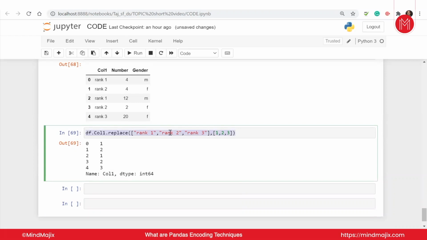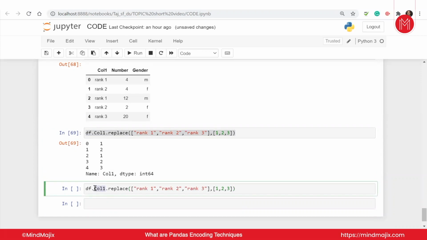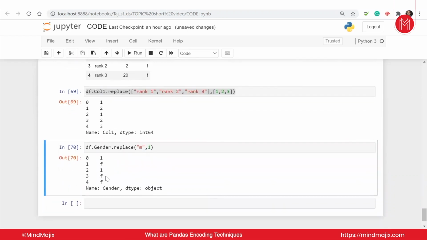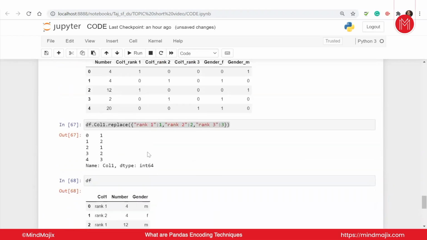And if you just have two values to replace, like the gender column, so let me make it a gender. Okay, and you want to replace two values, you just need to replace it like this. I want to replace it by 1. You'll see that all the values have been replaced by 1. Okay, so this is a way. If you have just one category, you may want to replace that particular value. You may replace it like this. You can replace it by a list if you have more than one category, and so on. So I hope you get the point. You can replace any value if you want to, and in any category if you want to, and replace works straightforward and simple for you.